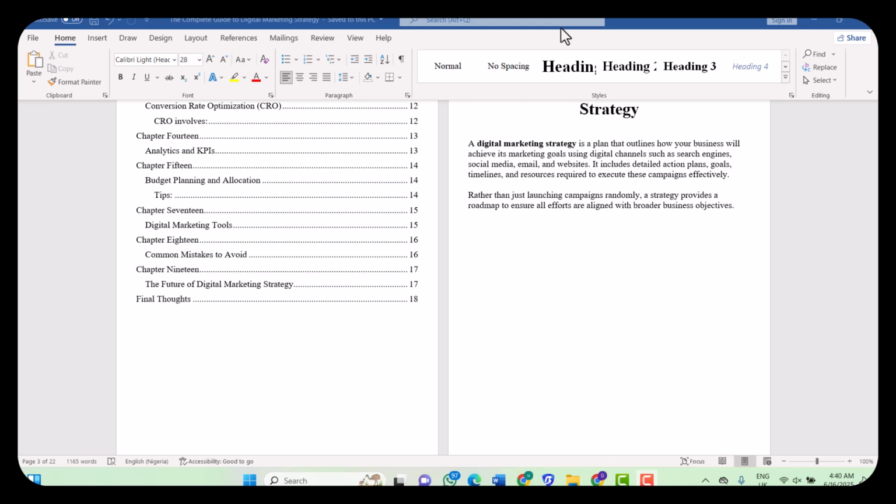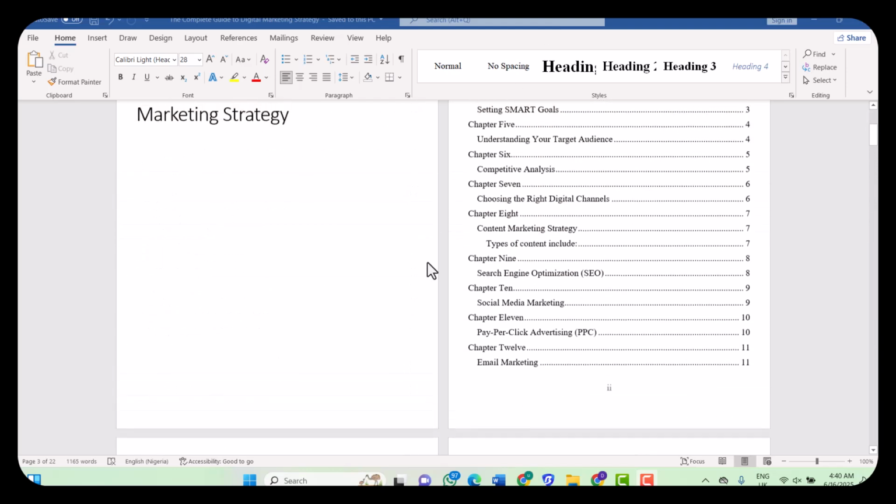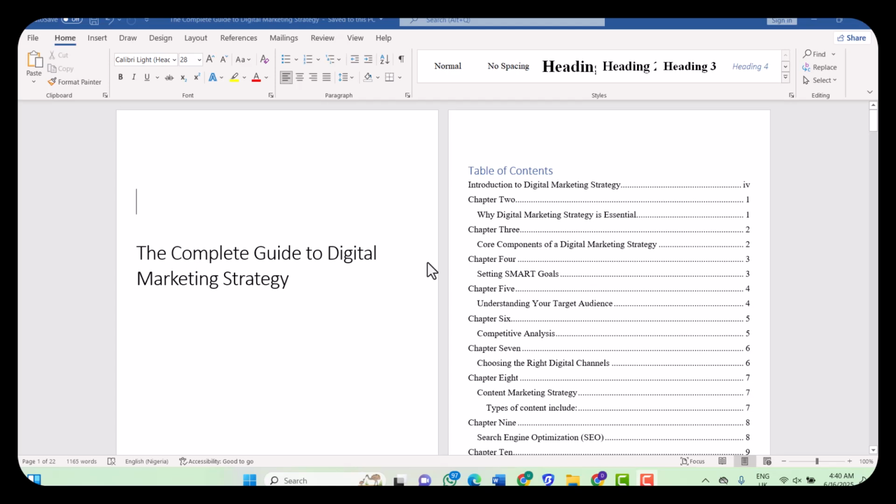So today I'll be showing you how to save Word documents as PDF file in Microsoft Word. So this is an existing Word document. For this particular Word document, if you want to save it as PDF file, all you need to do